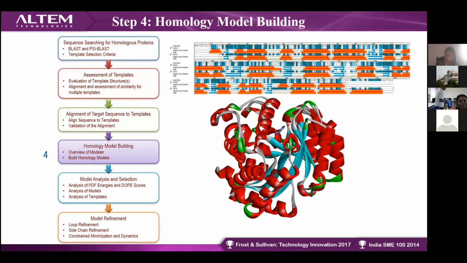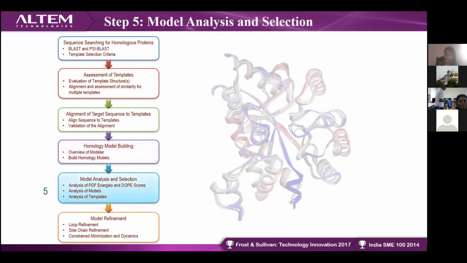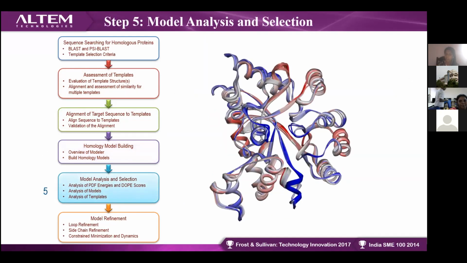After that, you can go for model analysis as well as selection. You will analyze the PDF energy. You have got your homology modeled structure, and once you have modeled it, you analyze your PDF energy, that is, your probability density function score, as well as the DOPE score.